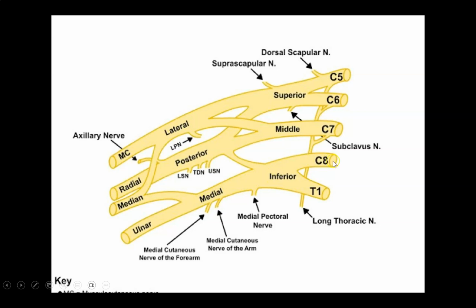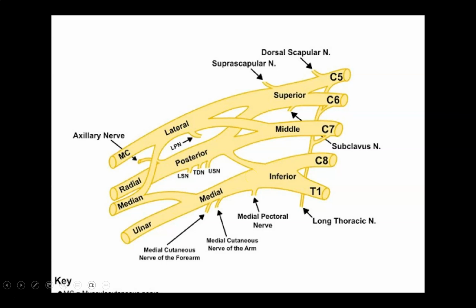We can also see here the branches of the brachial plexus. The branches arising from the roots are the dorsal scapular nerve, nerve to rhomboid, nerve to subclavius, and the long thoracic nerve or nerve to serratus anterior. There is 1 branch from the upper trunk, which is the suprascapular nerve, and we get other branches from the